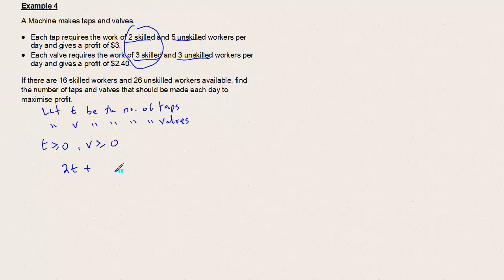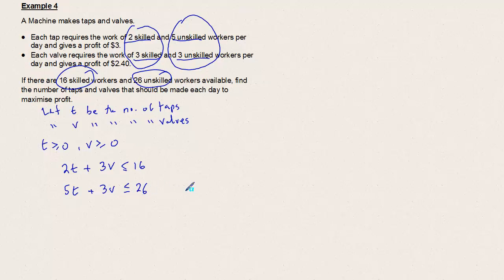Every valve is going to require 3 of those. And we only have 16 of those, so that has to be less than or equal to 16. If we now look at the unskilled workers, every tap requires 5, every valve requires 3, and we have 26